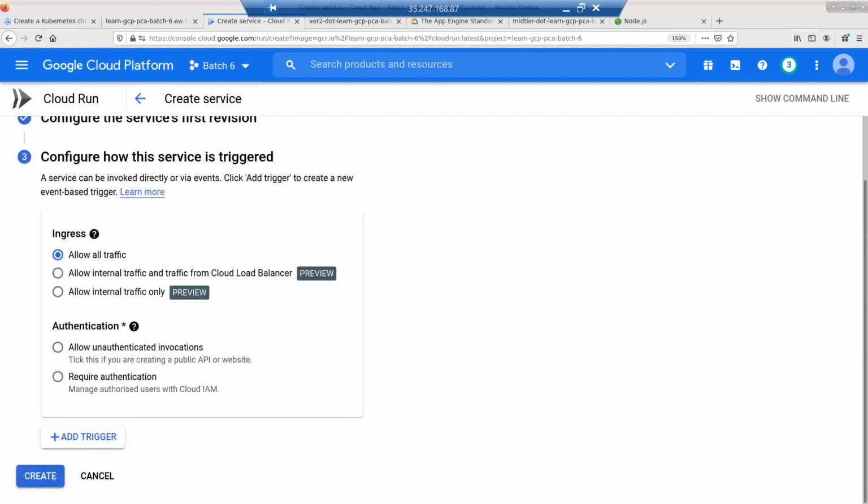Next. And there are some new features which are coming, called allow internal traffic and traffic from load balancer. Somebody had a question on internal traffic. Can we make it? This is a new feature which you can leverage. You can also attach a load balancer if you want. Allow only internal traffic. So there are options which you can use. And how you need to get authenticated. For now, I'm going to make it allow unauthenticated invocation so that everybody can access,